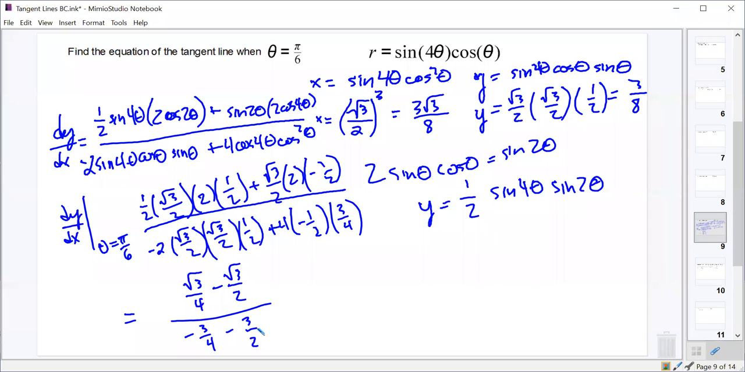I'll take that as a yes, since no one's saying anything. If we get a common denominator here of 4, multiply this by 2 over 2. Root 3 minus 2 root 3 should be negative root 3 over 4. And in the denominator there, if we get a common denominator here, that's going to be